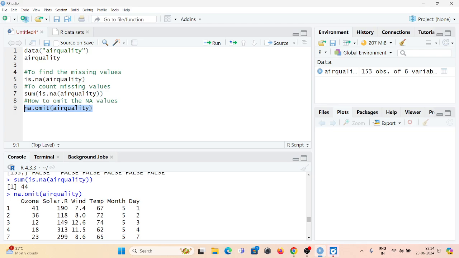So we are now omitting the NA values from the airquality data set. This output will show you the actual values, omitting the NA values. It will omit the rows that contain the NA values. You can see here that the fifth and sixth rows are missing, and directly after the fourth row we get the seventh row, right? That means the fifth and sixth rows consisted of these NA values.